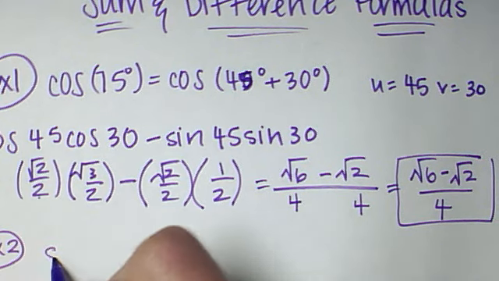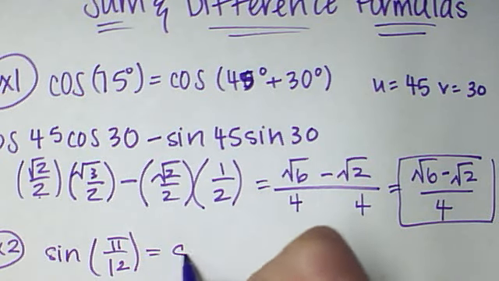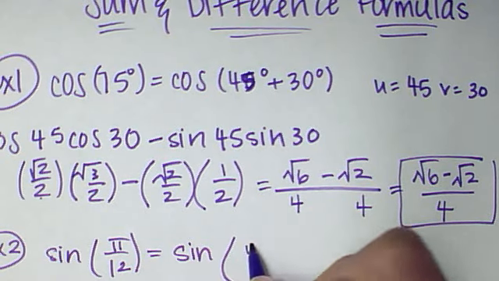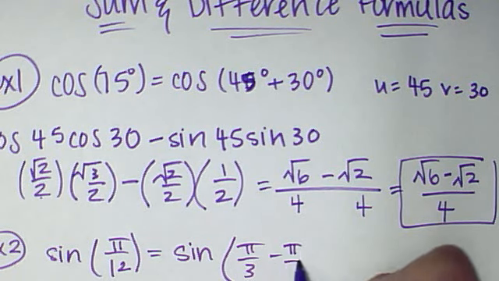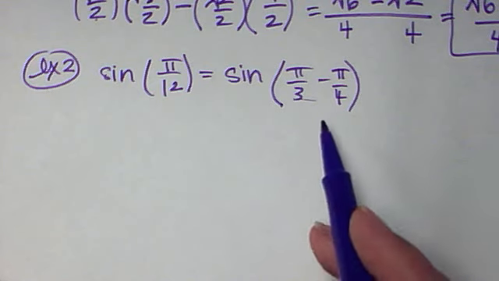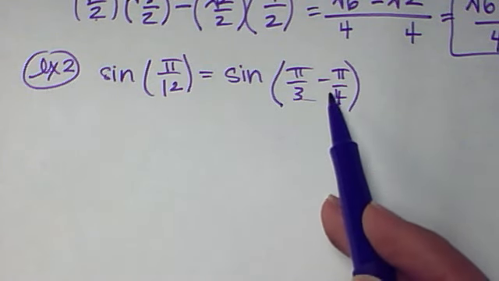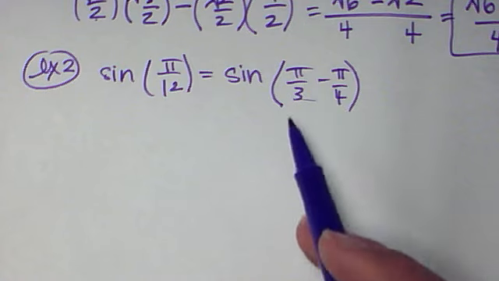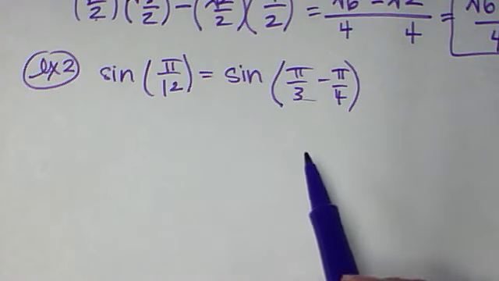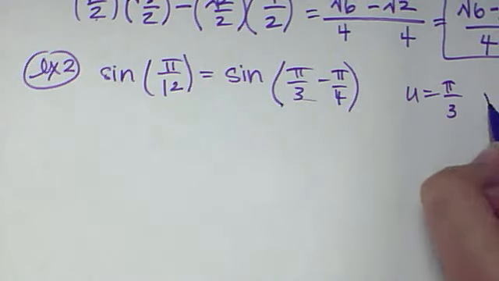Let's look at an example of sine. So sine of pi over 12. Sine of pi over 12 can be broken down into the sine of pi over 3 minus pi over 4. Again, I would be giving you this part right here, and that's as a result of common denominators. If I made them 12, it'd end up being 4 pi over 12 minus 3 pi over 12. That's pi over 12. Using sine, the formula tells me my u is pi over 3, my v is pi over 4,